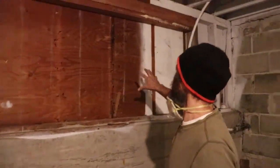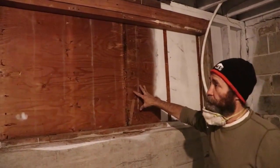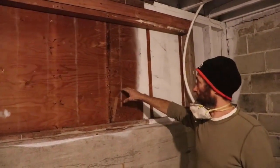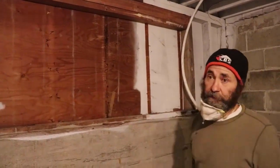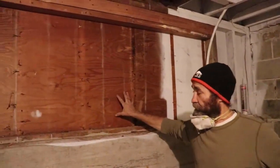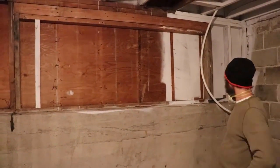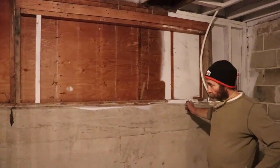Here we have our opening for the window. We're just not gonna cut the whole thing right now, because we don't have the windows yet. The windows just came, so we're just gonna leave it like that. Right now we're just gonna build